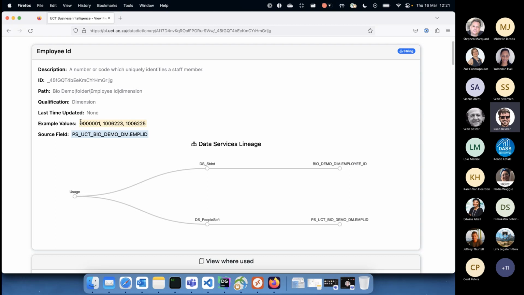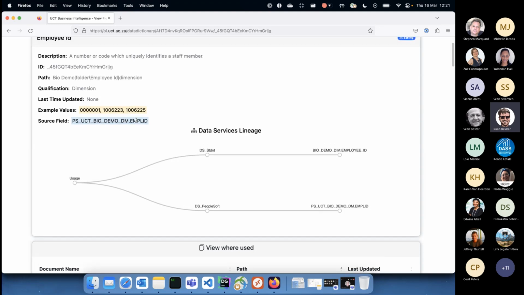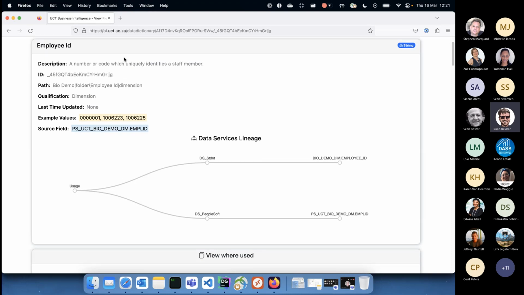We also give a list of example values that might constitute this field. And the bottom section here is something we've added recently. It's still a work in progress, but it's an attempt to trace the field back to a source system. So in this case, we can see that the employee ID field in this universe comes from this PeopleSoft